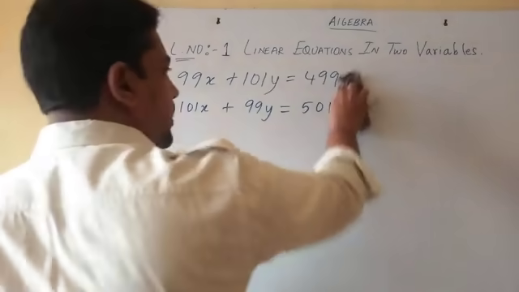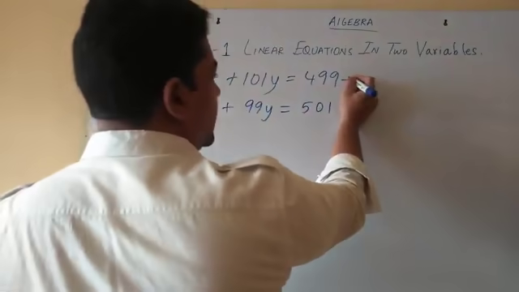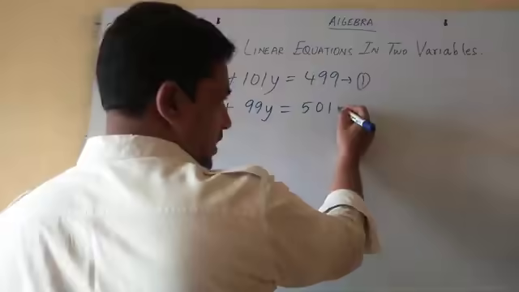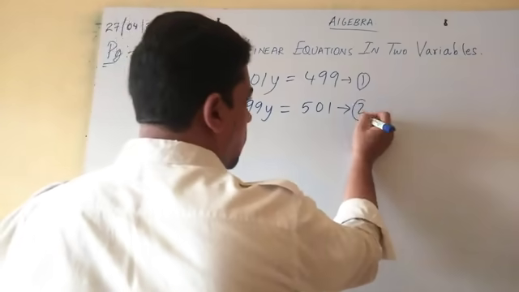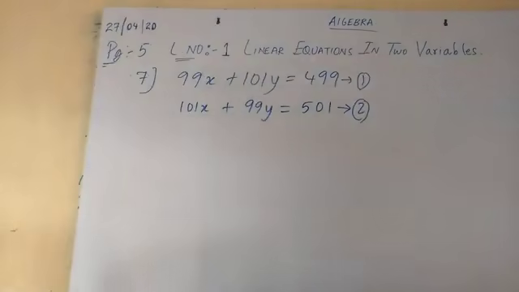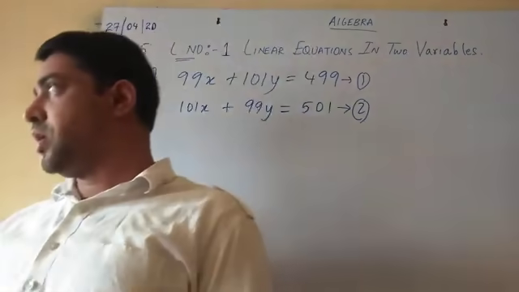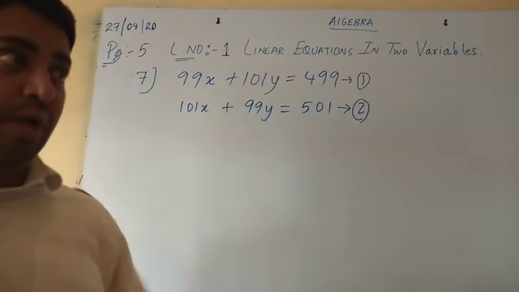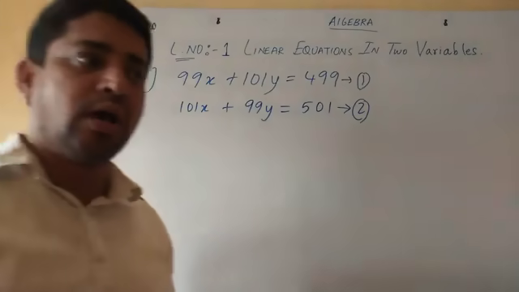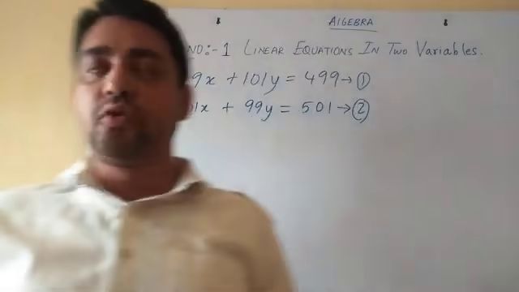Directly I will write it as 1 and 2. Okay, this is a lengthy sum, so I write the equation number here itself in the question. In the exam, you will have to write it again separately, don't worry. So 1 and 2. Now you can see, you can do the previous method for variables. Okay, coefficients are not equal in both the equations. If I multiply, it will be a very big number. It will go in thousands, so it will become a difficult sum for you to solve.